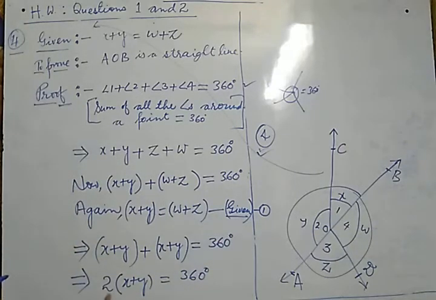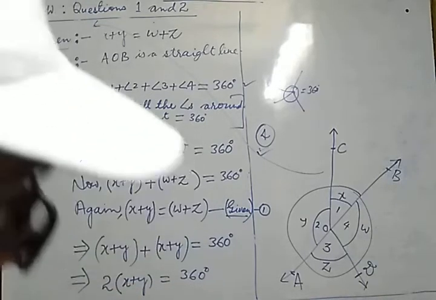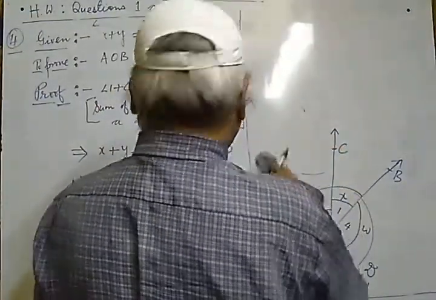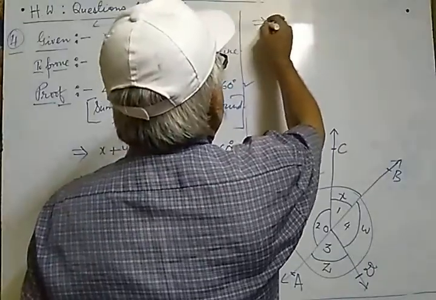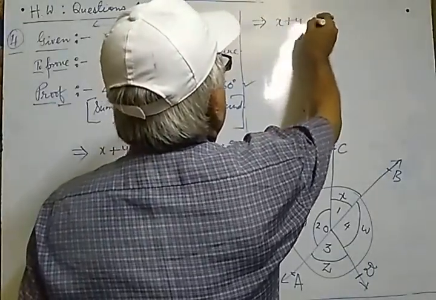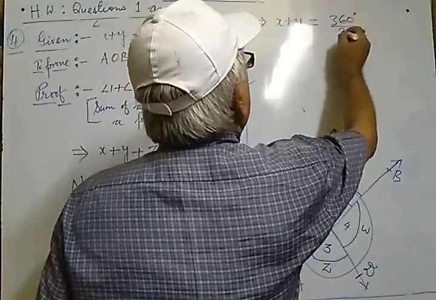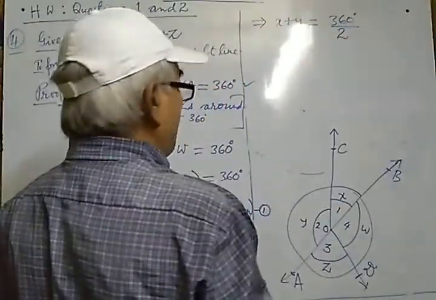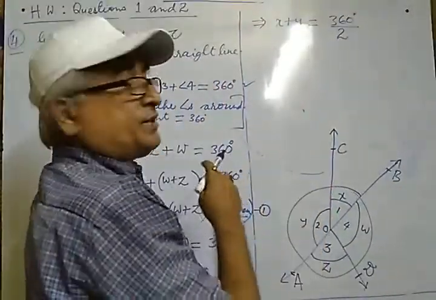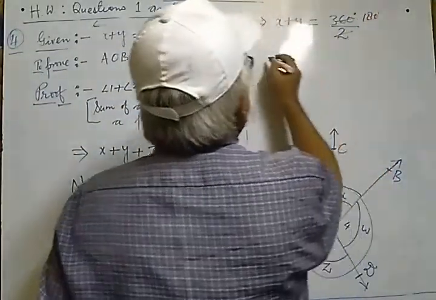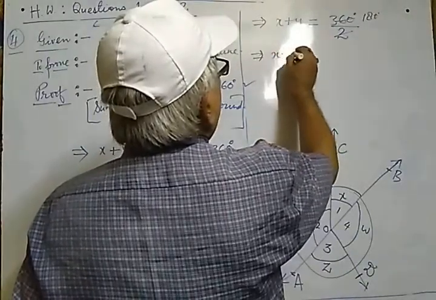Now this 2 will be transposed to the right hand side. Here it is in the form of multiplication. It will go in the form of division there. So this can be noted down: x plus y equal to 360 degree divided by 2. 2 is transposed. It is in the form of multiplication, here it will be in the form of division. If you divide this, it will come 180. So this implies x plus y equals